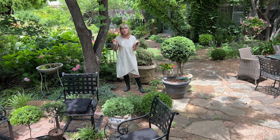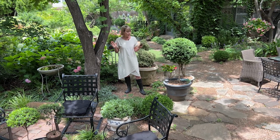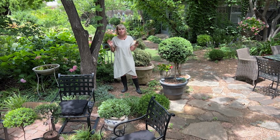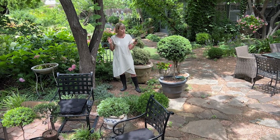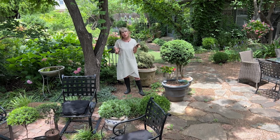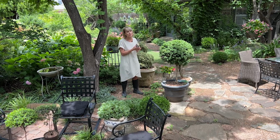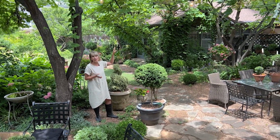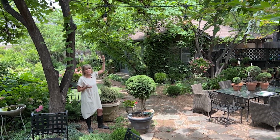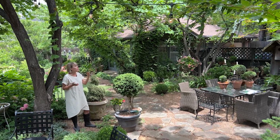I love this quote, and it perfectly sums up how I feel about this design principle. It is worth any amount of effort to be able to see your house through the arch of a tree. That was a quotation from Thomas Church in Gardens Are for People in 1955. The arch of a tree frames a view so beautifully, and it's one of the reasons that I like to sculpt my trees the way that I do, because it not only creates a ceiling and light coming through the canopy, but it also frames the view into the beyond,